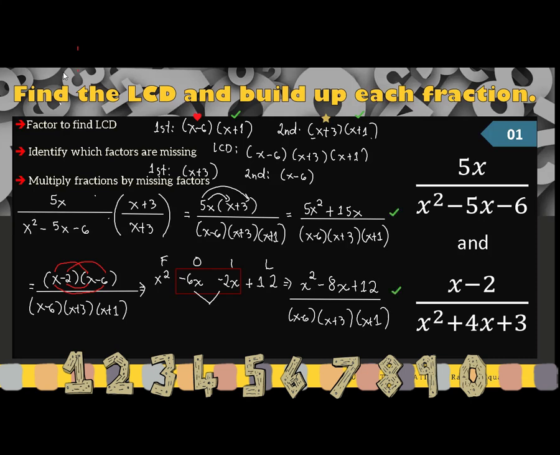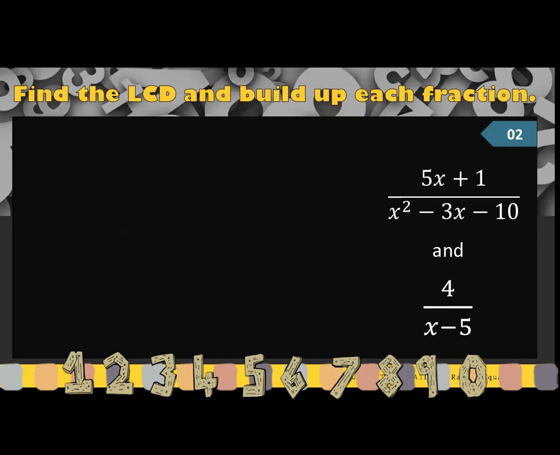Now let's do the same for our second rational expressions here. The first step again is to factor to find the LCD. Here is our first rational expression. Take note again that we need to find two factors of -10 that will give a sum which is -3. We can factor -10 as -5. So the first factor pair will be -5 and 2 since the product will be -10. And if we add -5 and 2 will give us the sum which is -3, which actually satisfies our condition for the numerical coefficient in the middle term.